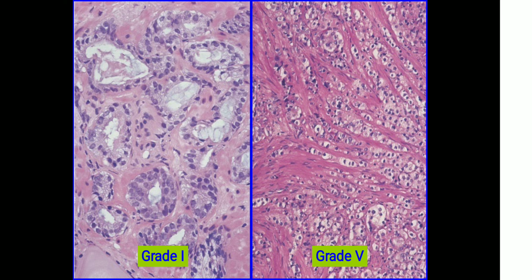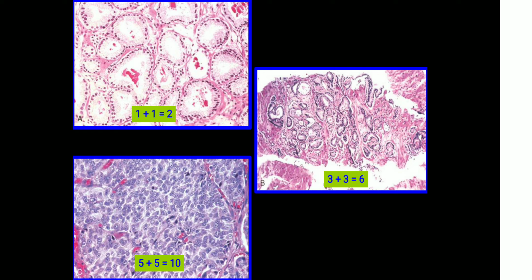Now we'll move to another slide. See the top diagram, that is Gleason score 1, and if you search any other part of the biopsy for a different pattern, we can't find any. So all the area was 1 only. So that is 1 plus 1 equals 2. Now the bottom diagram, again that is 5 plus 5 because the entire tumor was 5 only. Single cells scattered as well as in sheets. So that is 5 plus 5 equals 10.